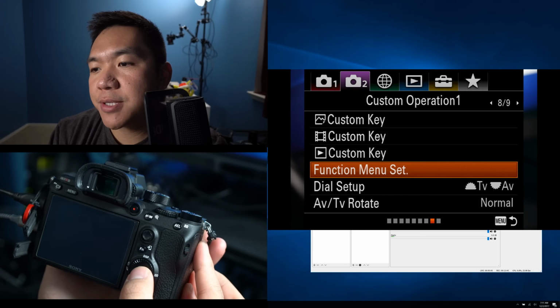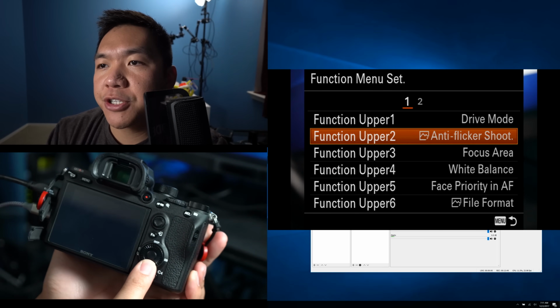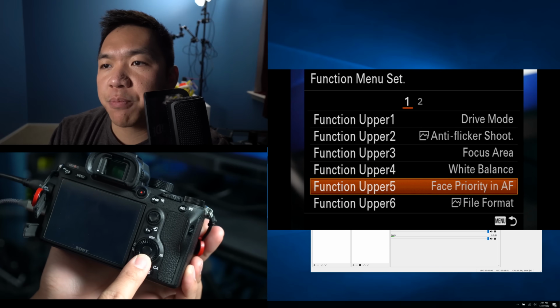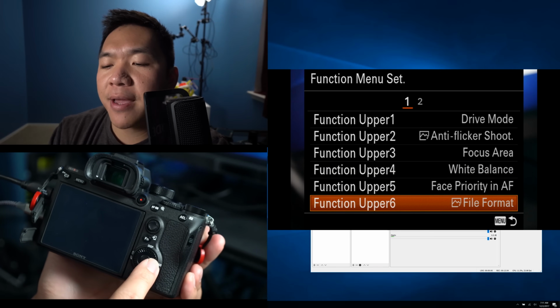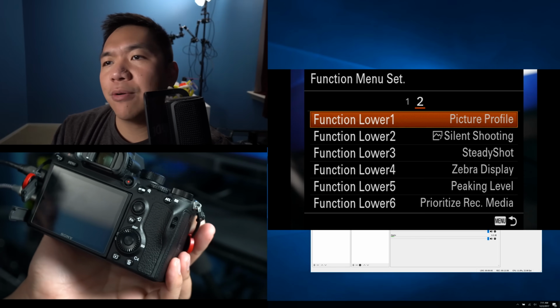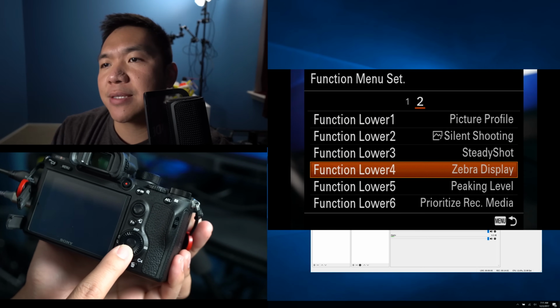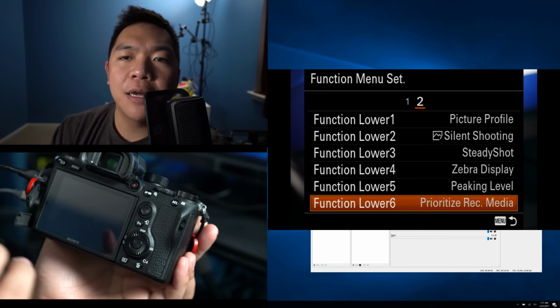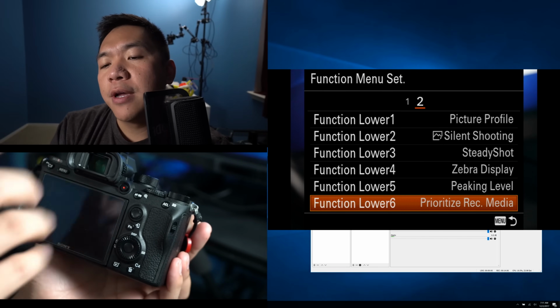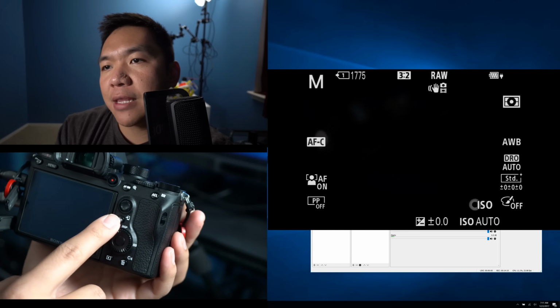Function menu set. This is what I have here. Drive mode, anti-flicker shooting, focus area, white balance, face priority, and autofocus, file format. They changed the names on these things. It's kind of awkward. I don't know why they did it, but that's what they did. Picture profile, silent shooting, steady shot, zebras, peaking, prioritize, recording, media. So these are the things I go to a lot, and so I felt that they would be beneficial to